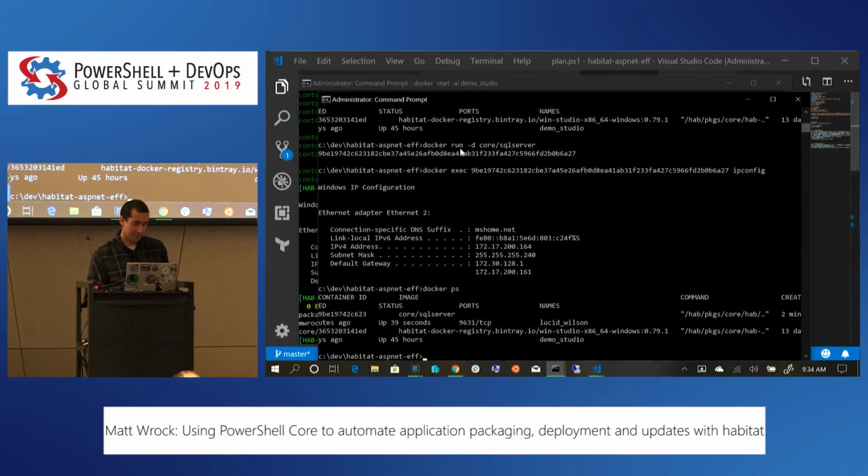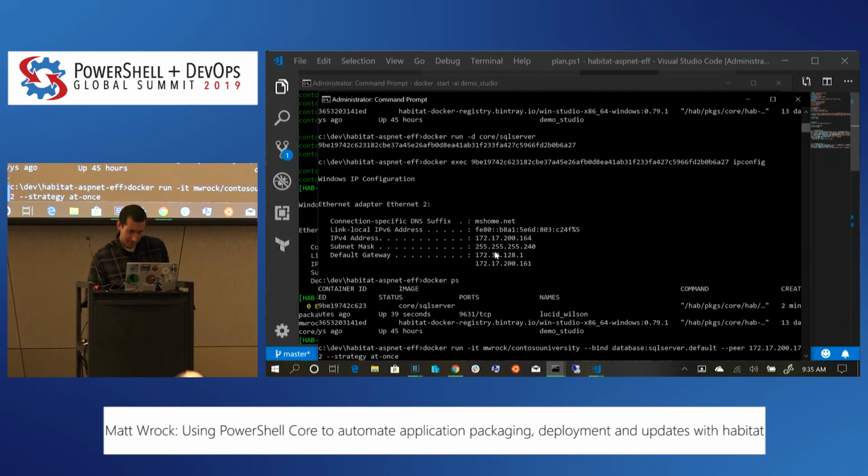So if you look here, in this console, I've already done a Docker run -d. So I'm running it in detached mode, it's just running in the background. I got its IP address because I'm going to need that. And now I'm going to start up my application. I'll go back in history. And so what I'm going to do, let's see,